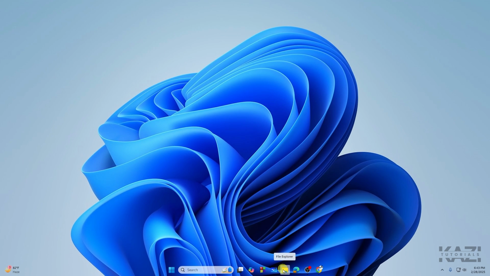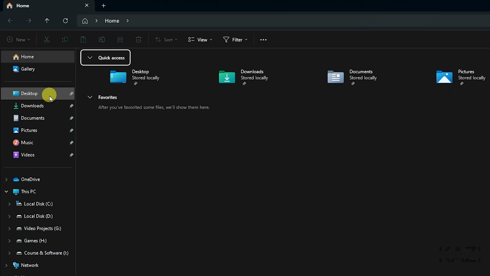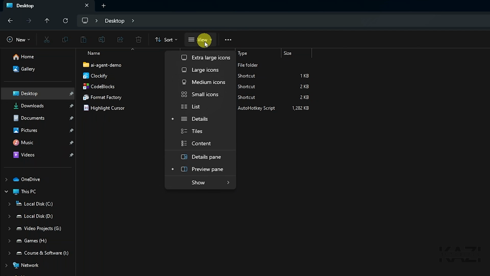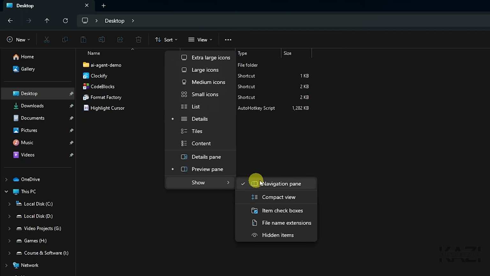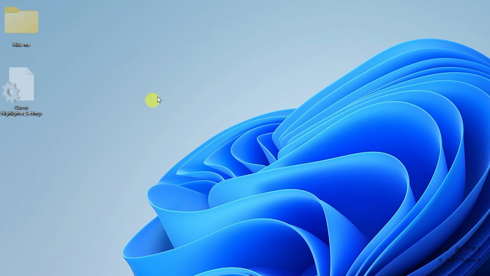We need to first go to the file explorer for that and then go with the desktop, as I have hidden the file for the desktop, so I will go with the desktop and then you need to tap on this view and then simply go with the show and then select these hidden items. If you turn this on, and now if we go back, and as you can see, we got the hidden